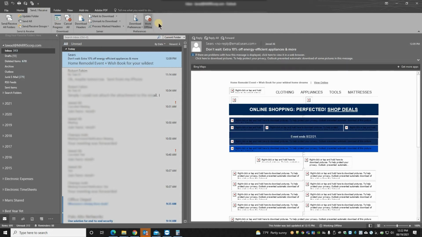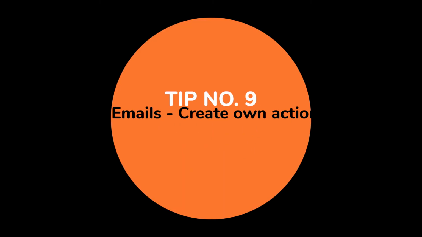Sometimes people press this button accidentally and then the Outlook goes into the work offline mode. So you just need to press it and you will see it changed to connected to the Microsoft Exchange server. So your status should be connected to Microsoft Exchange all the time just to send and receive emails.